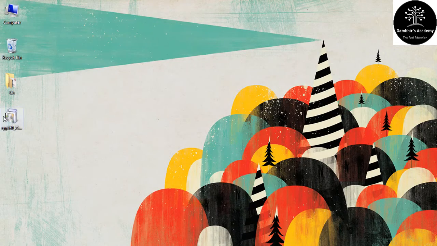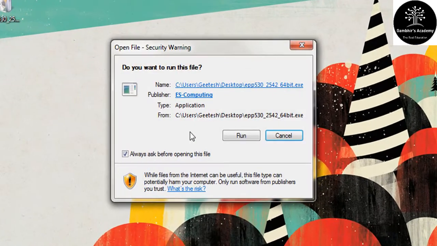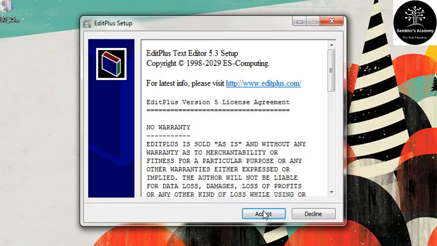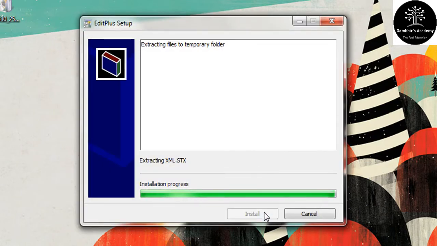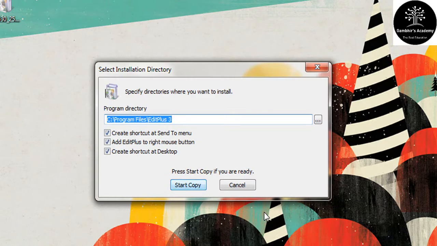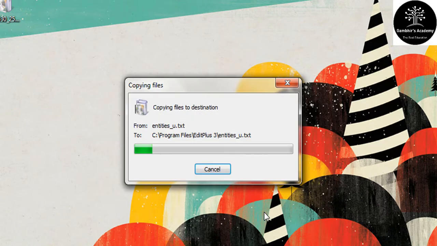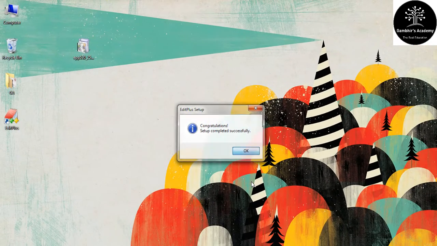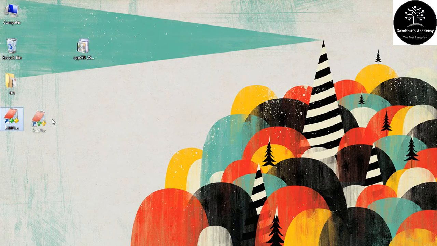Yes. Now once it is downloaded, you just have to double click on this and follow the instructions. Accept the license agreement. Yes. Start copy. Yes, it's installed. Now click on the icon, double click on this,